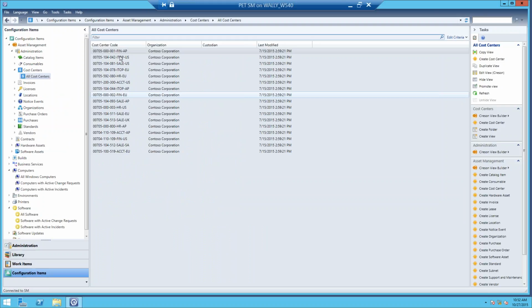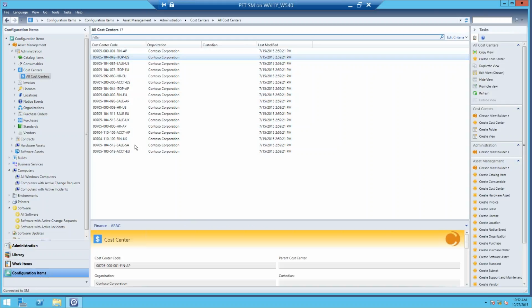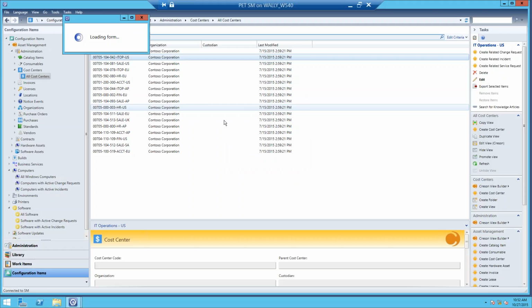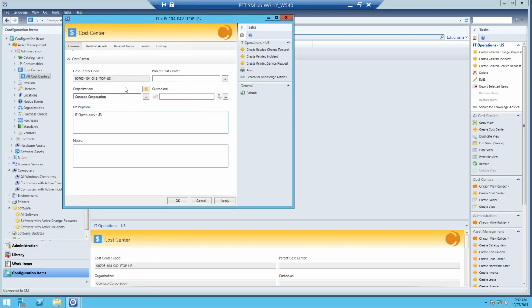So I can go to that cost center, and if my Service Manager environment is going to respond, it should be zooming in there for me and accessing that cost center, and he is not a happy camper right this second. Oh, there it goes. All right, so now it's loading the form. So I can see the cost center information, the organization. I could have a custodian for it, but more